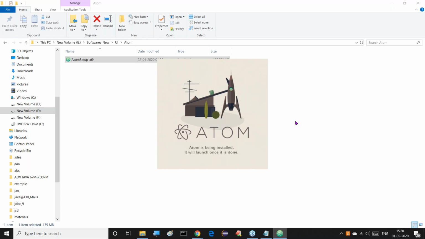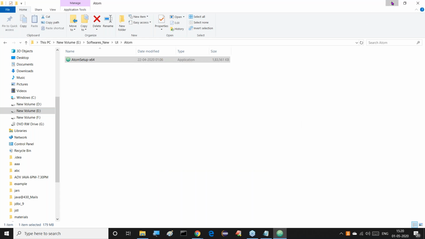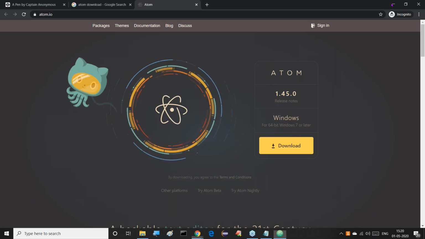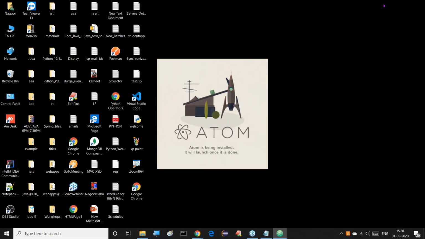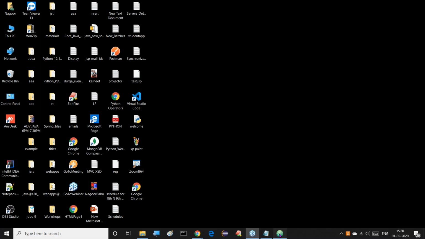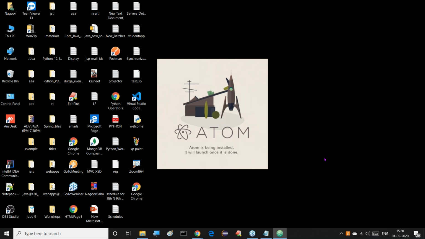That's it, almost complete. It is not giving any further steps. Directly it will install in its location. One icon will be created on our desktop. Previously, the icon did not exist on our desktop. Once this process is completed, we are able to see that icon. It may not take much time, it may complete within a short time. Wait for this.